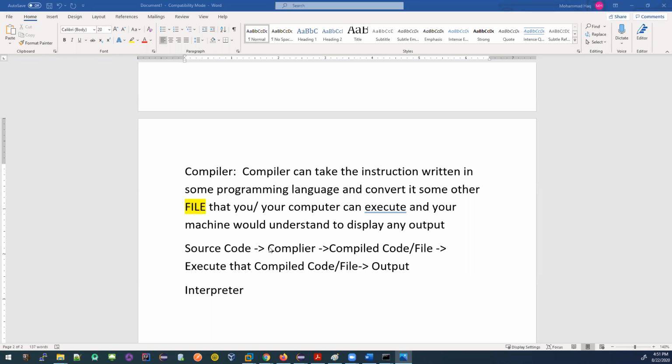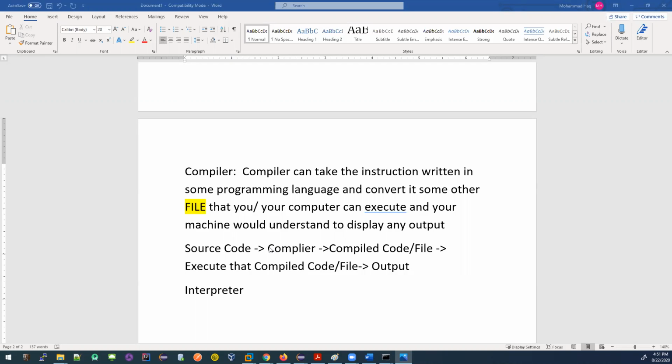Lisa will take the input and whatever I have written down, and convert it to some language that Emily can understand, and it will create another file. That file is written in some language that Emily can understand. And Lisa will give that file to Emily. Emily will look into that file and say, okay, now I understand what Juel is saying. Now let me reply back.